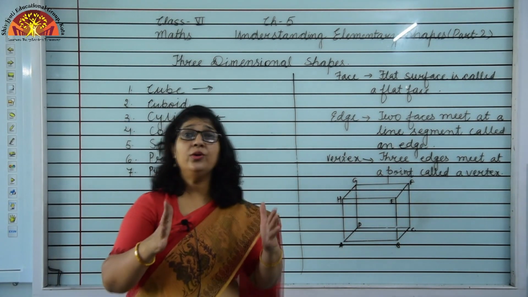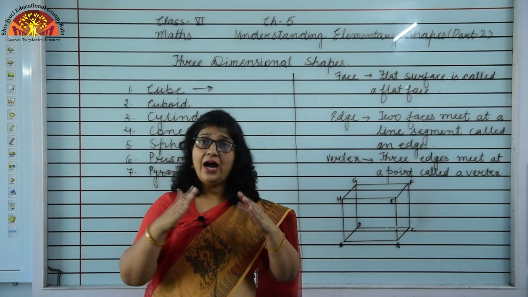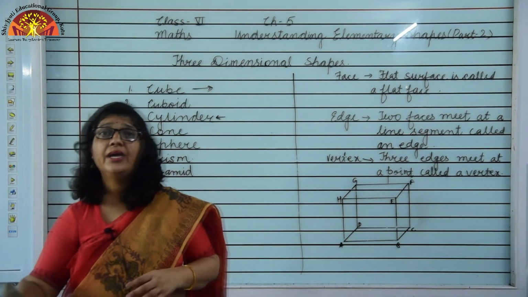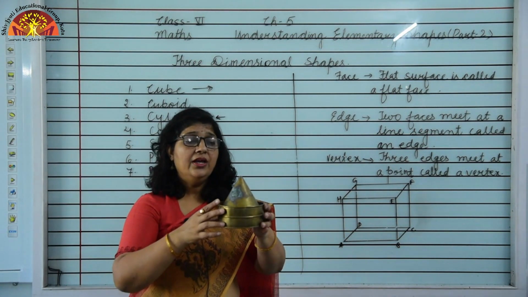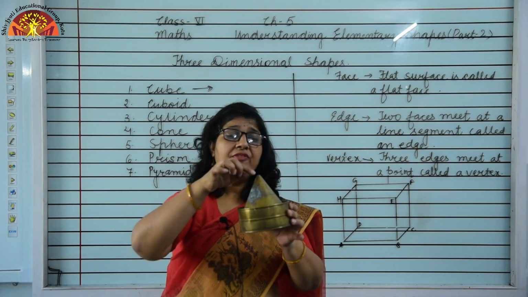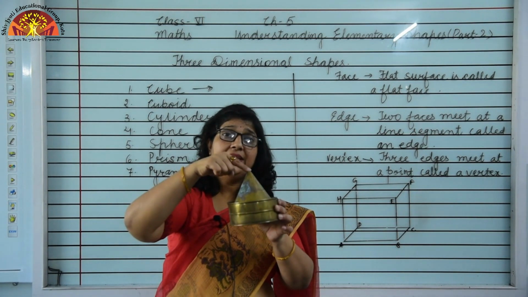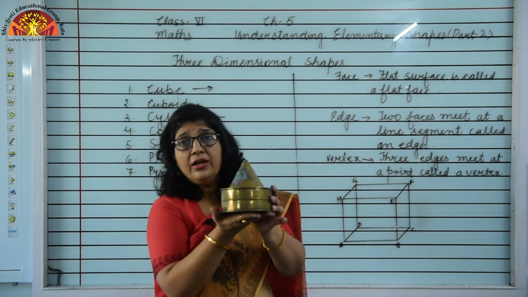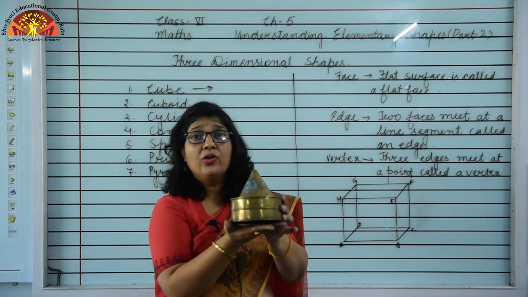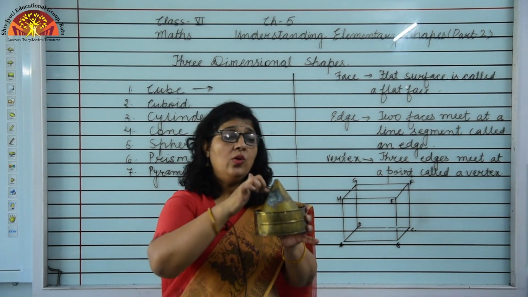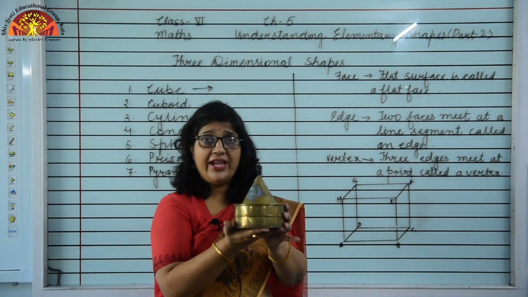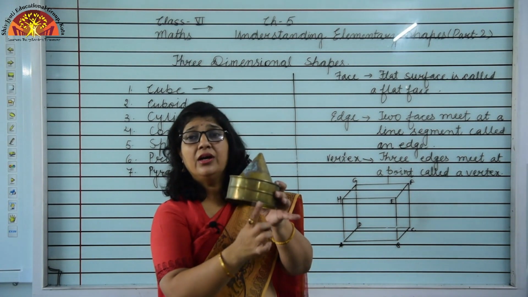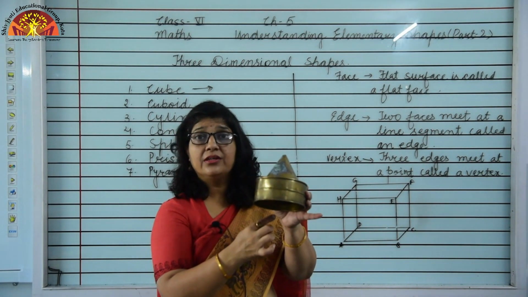cone. You already know cap. आपको पता है कैप देखा है आप लोगों ने, तो कैप का शेप कौन सा होता है? कोन शेप होता है. And this is the shape of cone. We have one vertex in cone and one curved face. Understood? And one flat face in cone. So how many faces are there? One curved and one flat face. Two faces are there. One vertex are there and one edge that is curved.